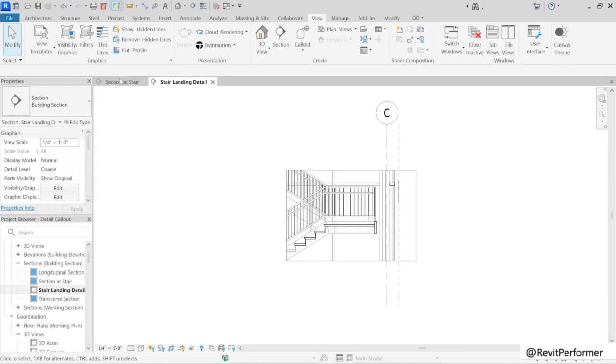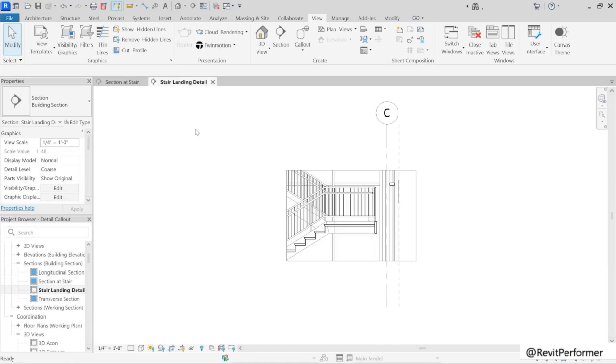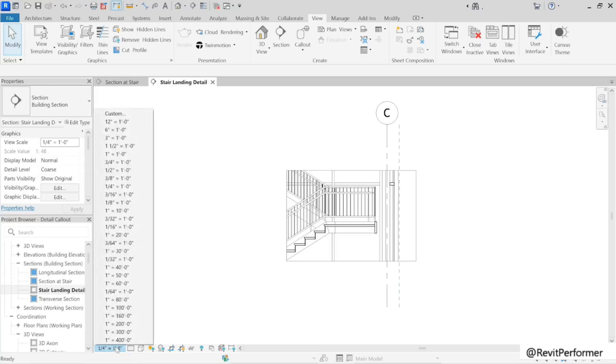And what I want to show you is the most obvious thing that changed was back here in the original stair section, we were working at 1/8 inch equals a foot in imperial or 1 to 100 in metric. And now you can see the callout came in at twice that, 1/4 inch equals a foot imperial or 1 to 50 in metric. Now I think for a detail like this, we probably want to increase that scale even further. So I'm going to go to 1.5 inch equals a foot imperial or 1 to 10 in metric.